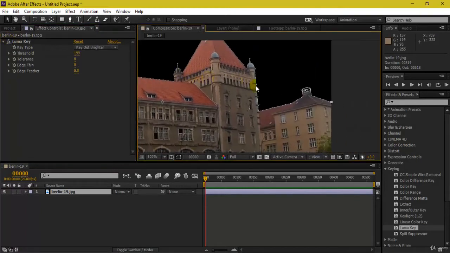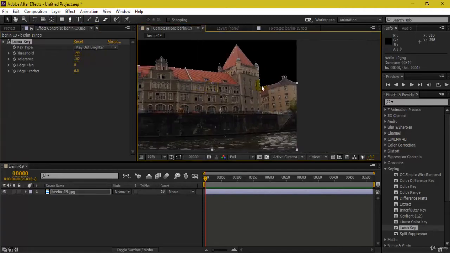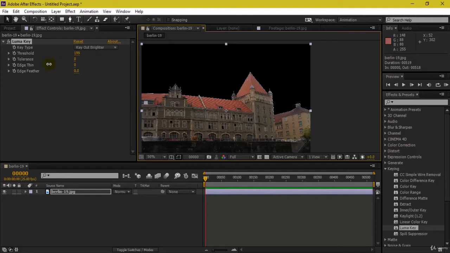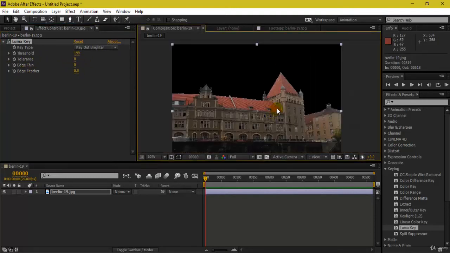Now there is one more. The next attribute is tolerance. So what happens when I increase the tolerance here? It is making no difference here, because this is quite a distinct image, as we are able to define the whiter areas and the darker areas pretty well. This tolerance can work whenever there are some mixing pixels, which means there is a mid-range between the light and the dark, and the software is not able to calculate that. In that case, tolerance works.